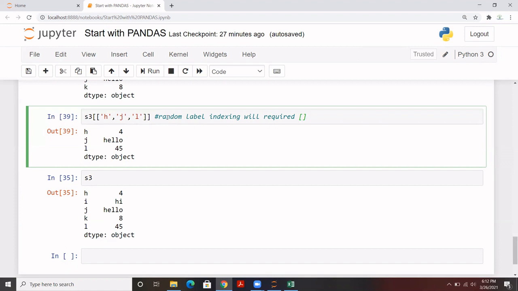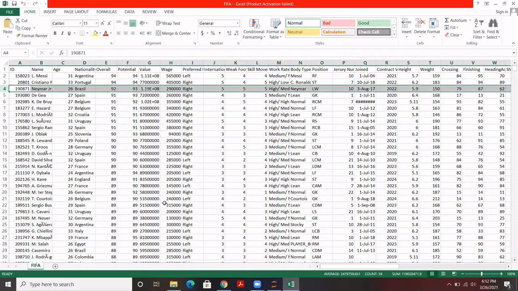So we'll be talking about those parts. Meanwhile, what you need to do is create some basic series using a list, tuple, or dictionary, and try to do certain indexing on that. As I always said, indexing is very important, because to extract certain records from a particular table, you should know how to do that.